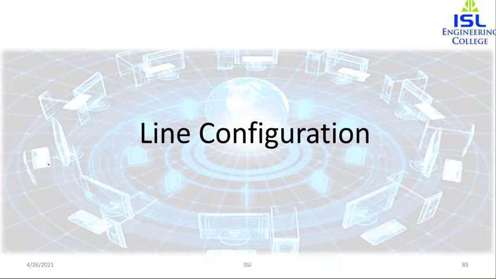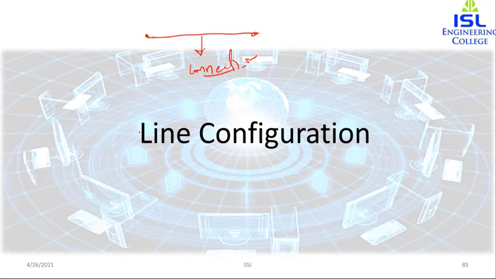So, line configuration refers to the way two or more communication devices are attached to a link. Whenever communication devices or two nodes are attached to a link, that is known as a line configuration. Line configuration can also be referred to as connection. And what is a link? A link is the physical communication pathway that transfers data from one device to another.